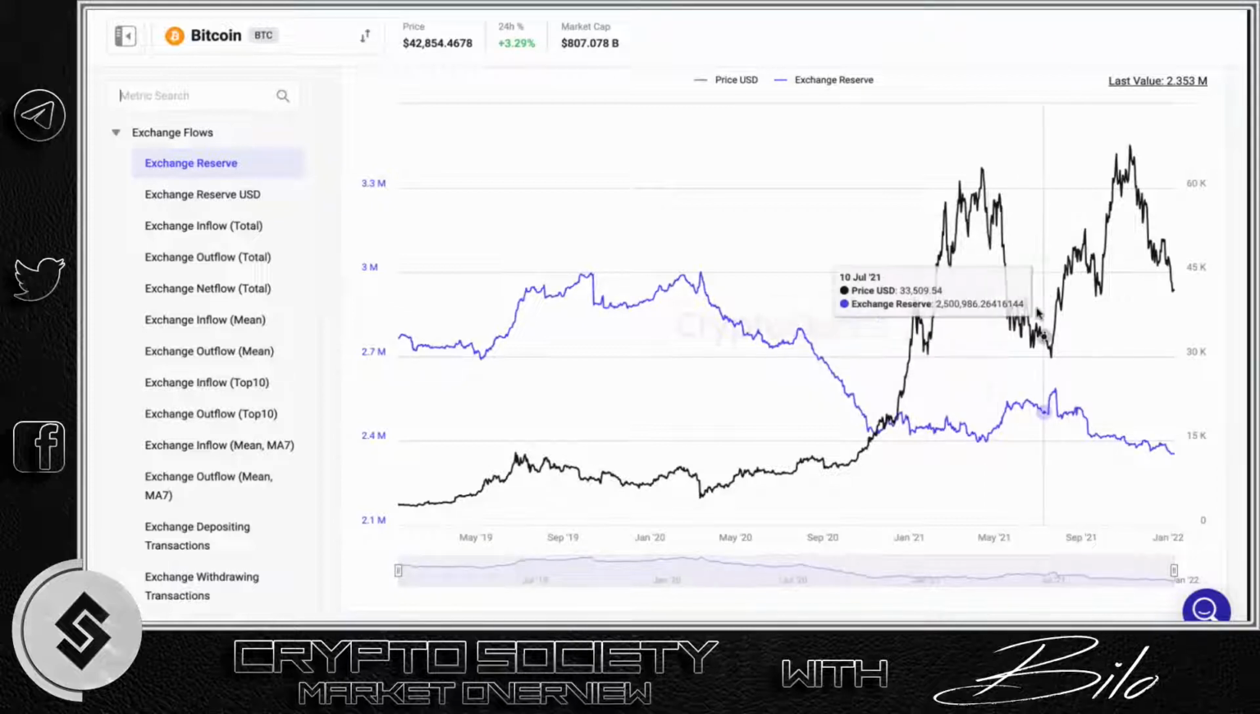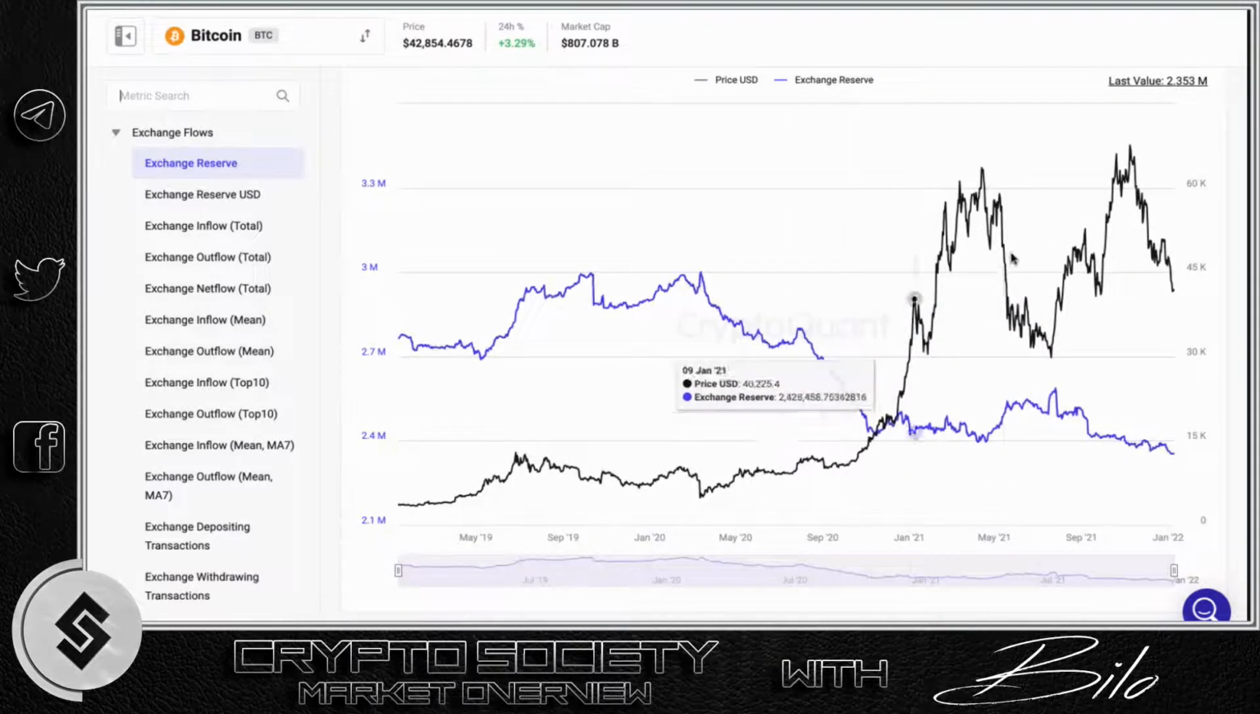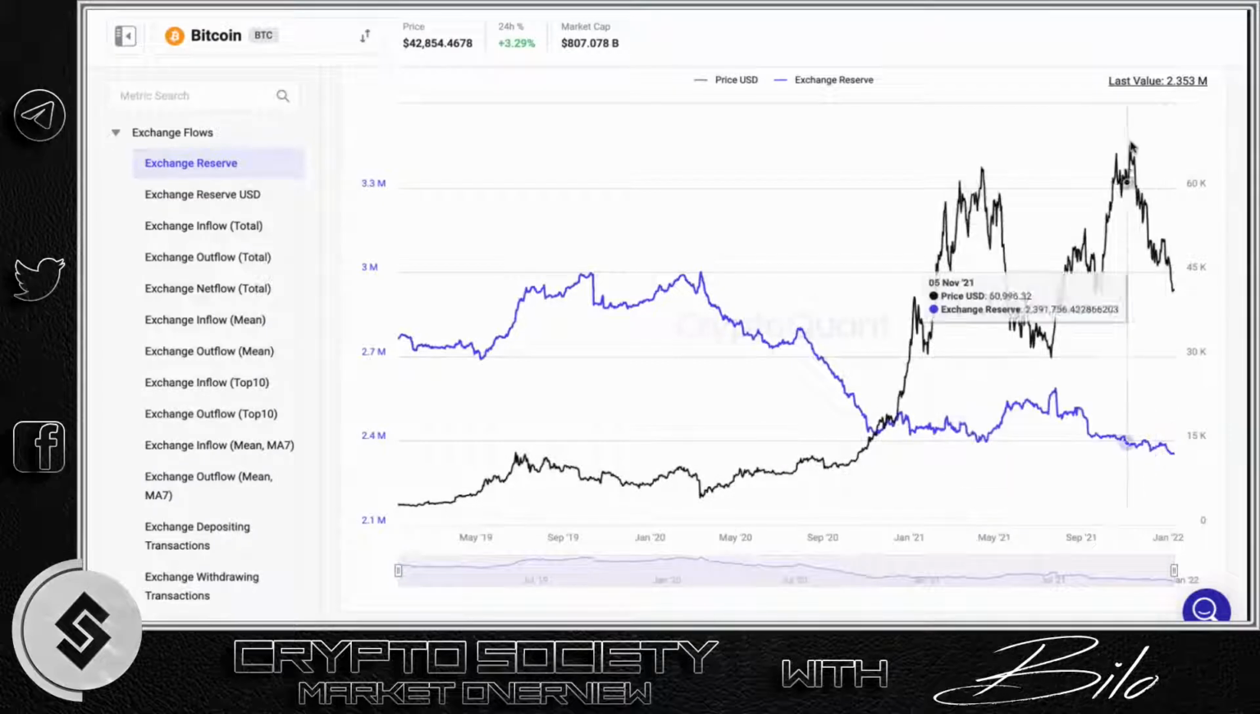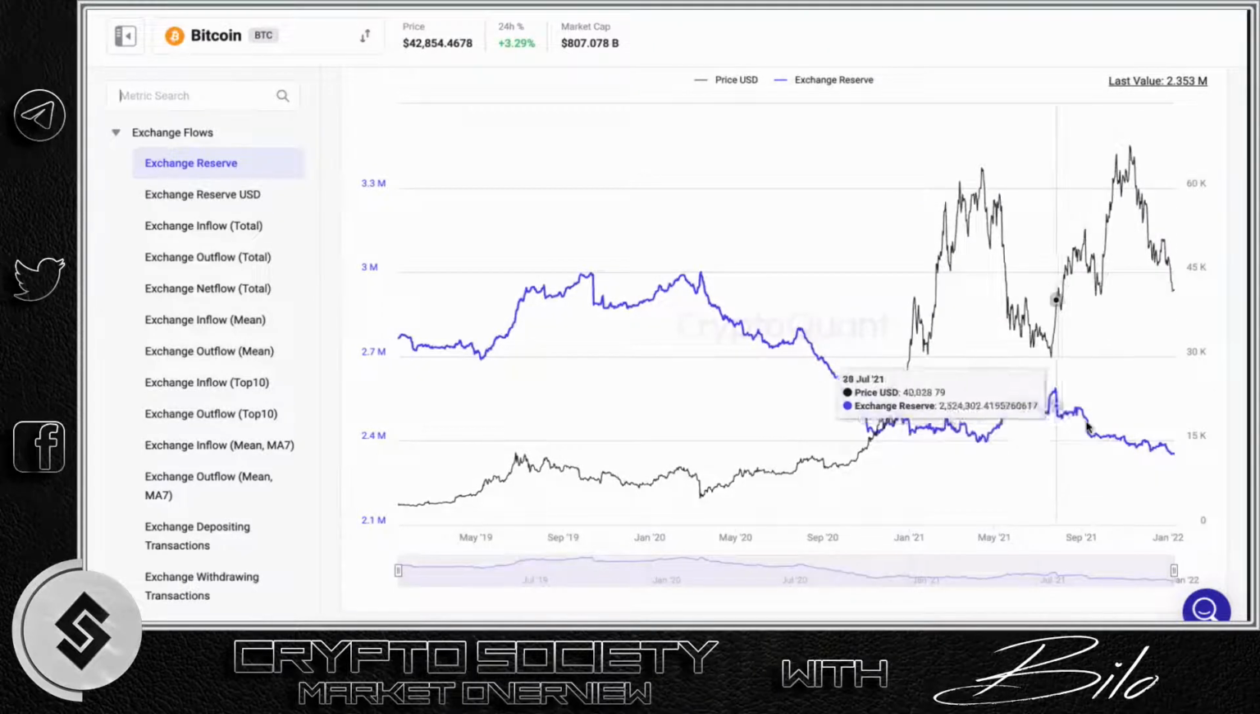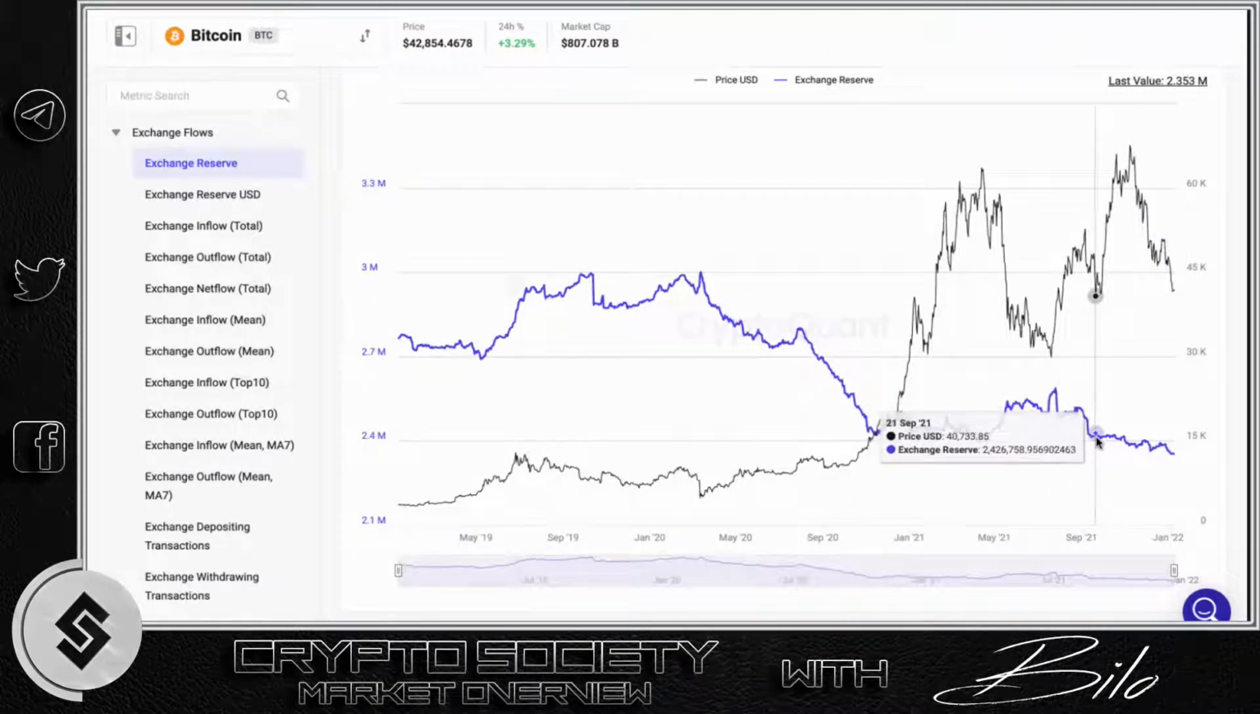So we'll forget the past, we'll just analyze what we're seeing today. When we see Bitcoin drop from its all-time high in November to where we are today, and we see that the Bitcoin reserve, which is the amount of Bitcoin on exchanges, continues to drop, that is as bullish as it can get. It's very bullish, because